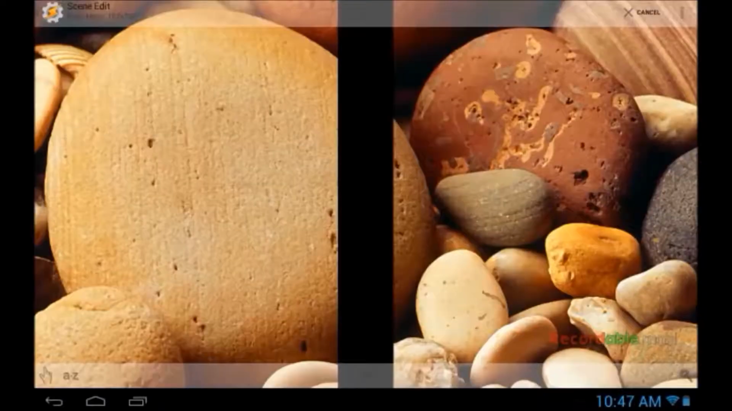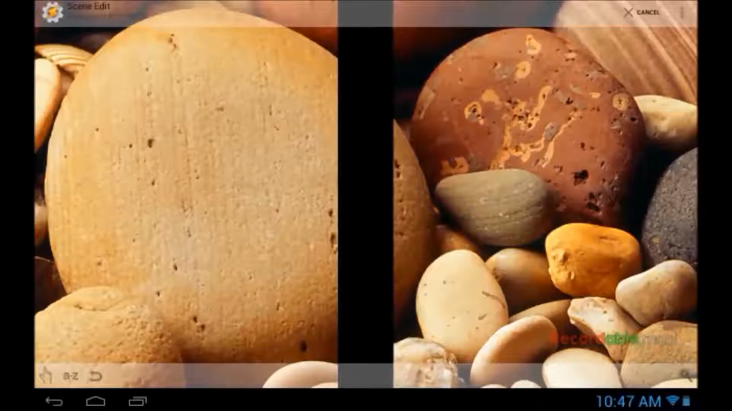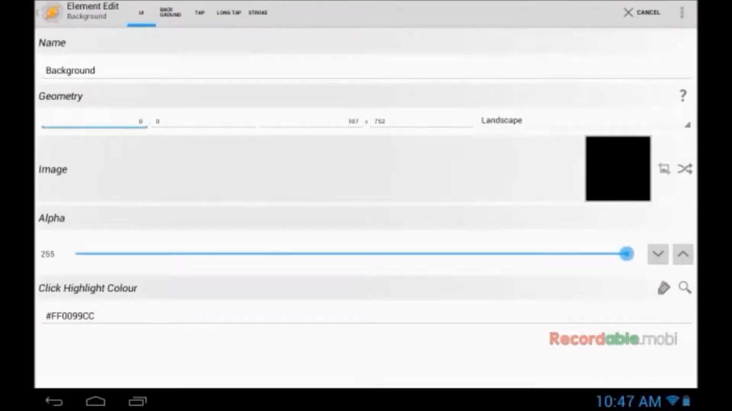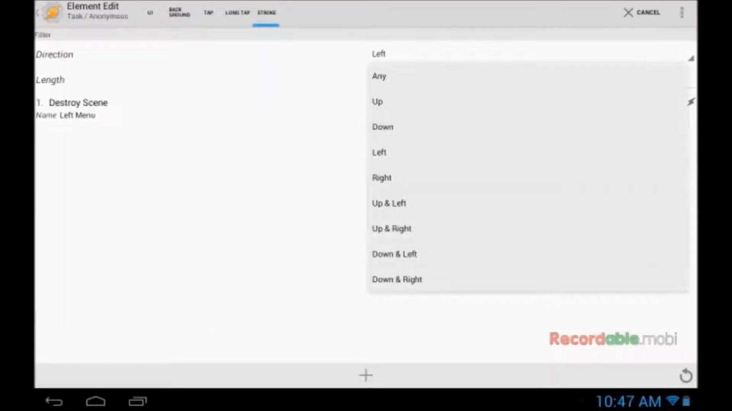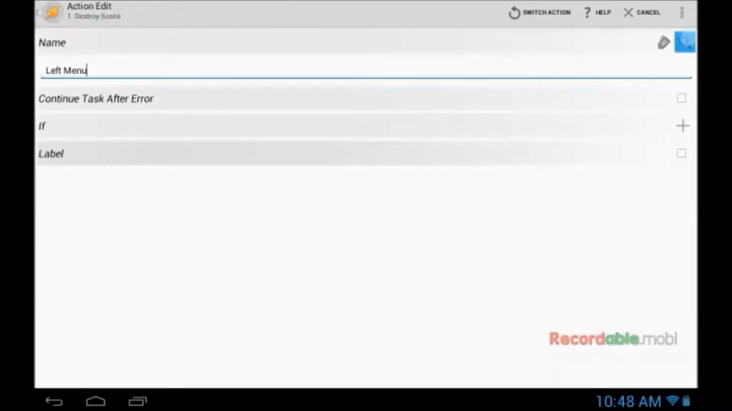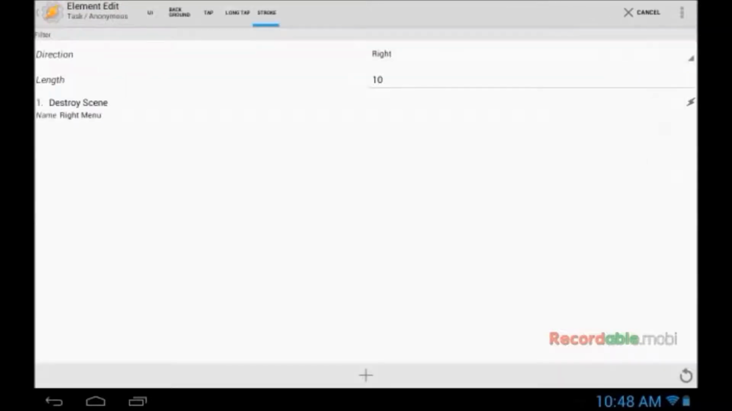And then we're going to go in there, into the right menu, and we're going to long press on it, and we're going to hit edit. And then we're going to go to stroke, and we're going to change the direction to right. And then we're going to also go into the destroy scene action, and we're going to change it to right menu. And then we're going to hit the back button in the top left corner